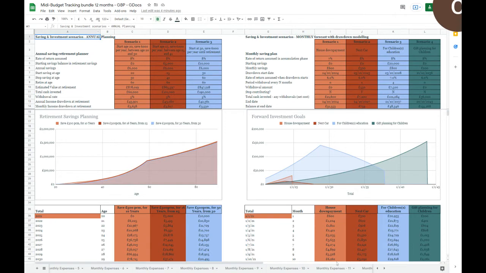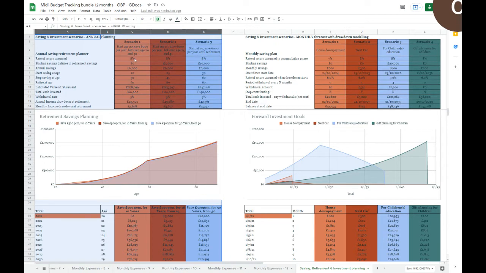So this tab's got two main sections. One here talking about long-term annual planning, and it's currently set up to model the impact of different saving strategies for retirement, to model what investment pot you end up with depending on a period of saving over a number of years. So in this case, set quite simply to have an age against each year and starting saving age and ending saving age. So three key scenarios which are broadly simulating the kind of start early, start late, start somewhere in the middle for saving for retirement.